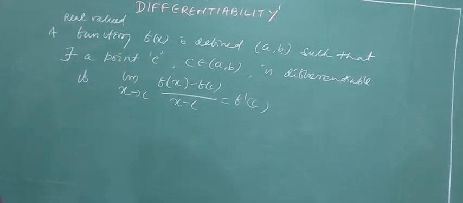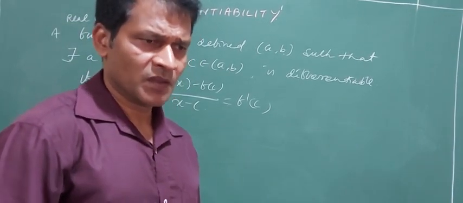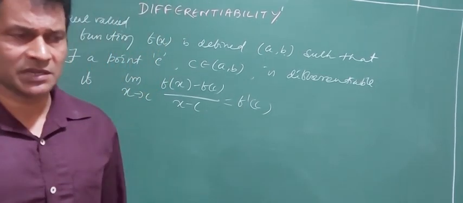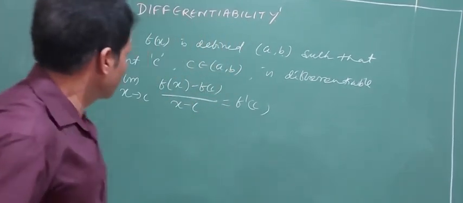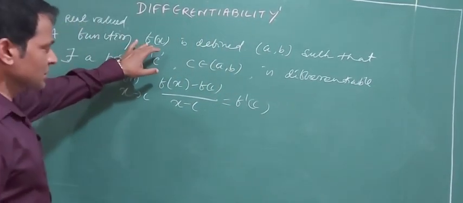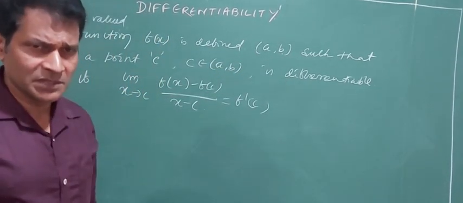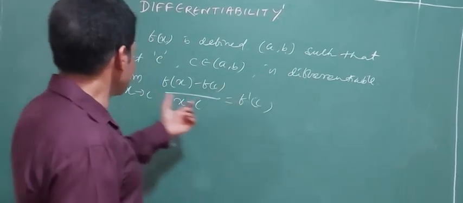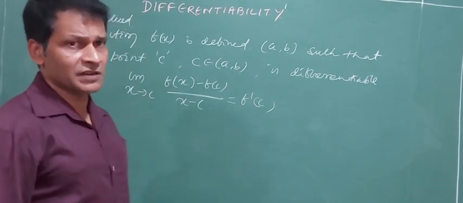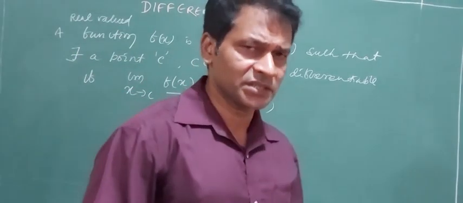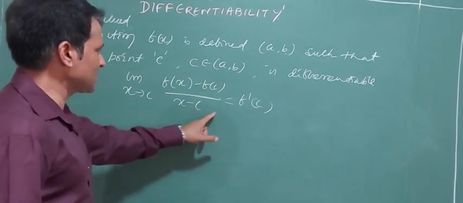If I tell you to learn this formula by heart, what will you understand from here? Mostly people do it. That's why people never understand mathematics. You need to understand what is the meaning of it. A real valued function is defined in open, that means it is defined inside a curve between the points a and b, such that there is a point c lies between a and b. And at this point the function is differentiable. The word differentiable means again I will come back to tangent. If limit x tends to c of (f(x) minus f(c)) by (x minus c) exists.